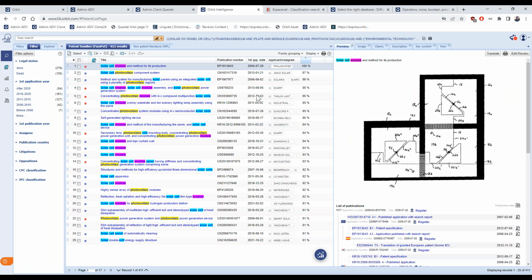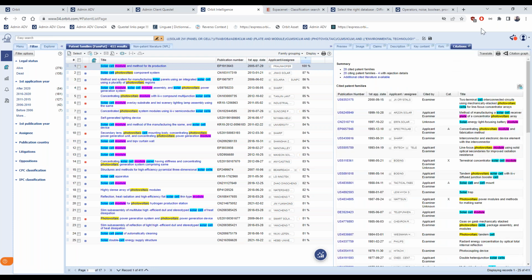Is the citation search. You can find citations on a dedicated tab. It can always be added from the plus. In this citation tab, you will find a summary of cited and citing patent families.